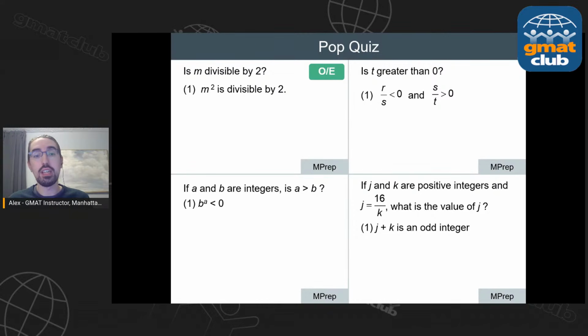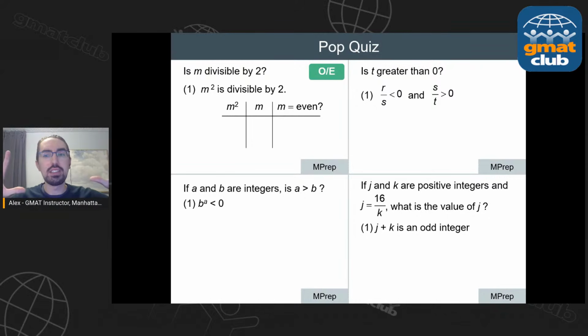And then, yeah, a lot of people have said this is not sufficient, right? And if you look at each of these questions, that's the other question: is this statement sufficient or not? Now, as I talk about the code, I'm going to be talking about using that code, using that theory to save you time. When you don't have the code, you've got to do what we call testing cases, right? And this comes up on data sufficiency a lot, where you just test one case and a second case, and if you can get 2 different answers, then you're good to go. That means it is not sufficient. So in this case,